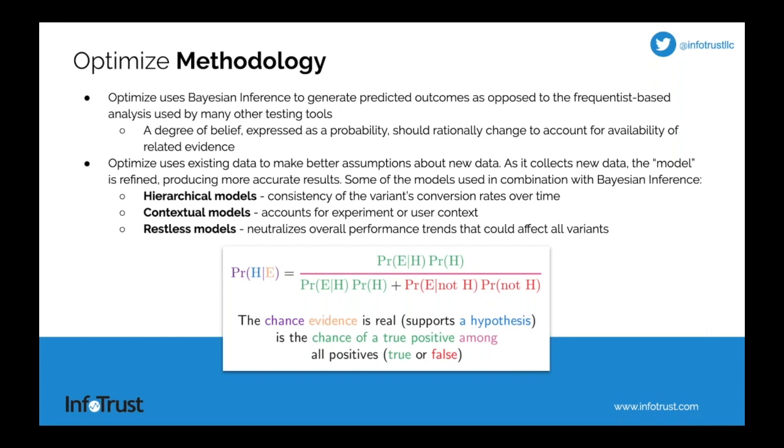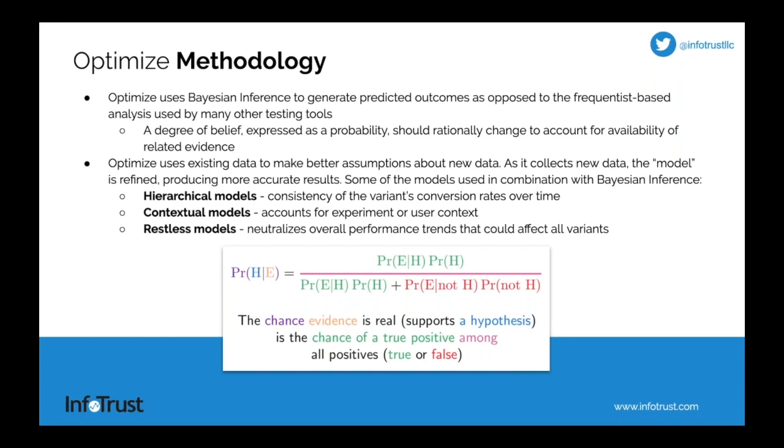So essentially, in as layman terms as I can, this is based on a degree of belief that's expressed as a probability, which I'll show how that's expressed in Google Optimize, that should rationally change to account for availability of related evidence. So essentially, Optimize is using existing data to make better assumptions about new data. And as it collects this new data, the model is refined and it's producing more accurate results. So it's a data-driven model that is using all of the available data that it has to make a prediction